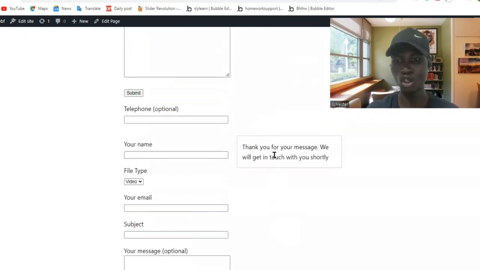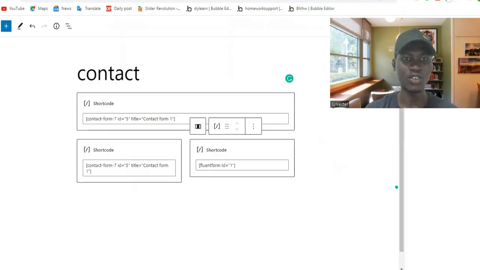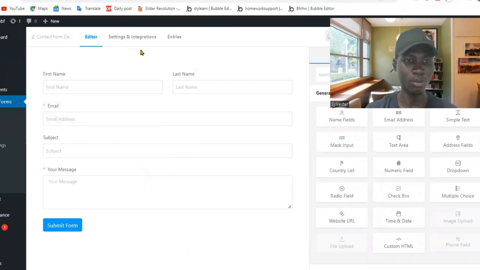You see, it doesn't flag that you have to do some email connection, giving you an email connection error and all of that. So this is what beginners are looking for. They are not looking for what is going to stress them. They are looking for what is very flexible to use, what is easy to understand. Okay, so if you come back right here and come to Contact Form 7 entries,